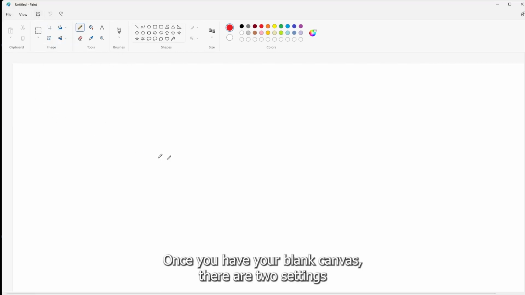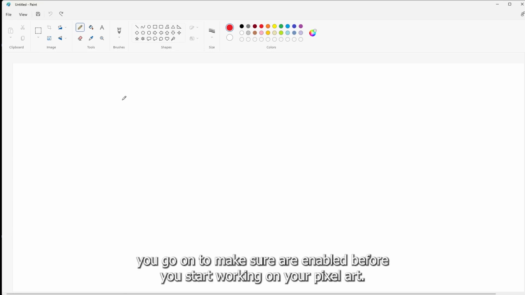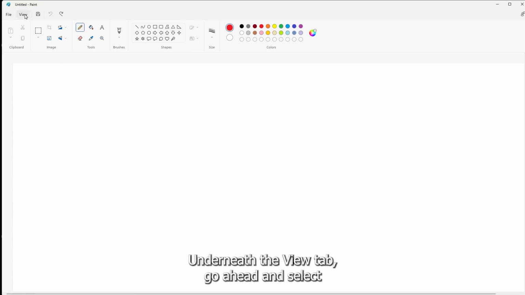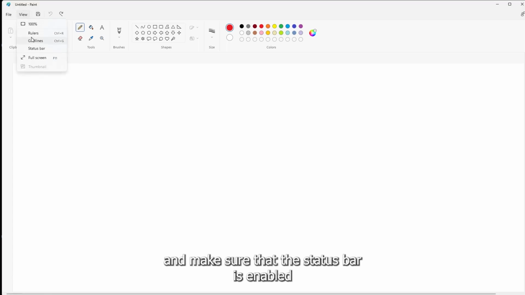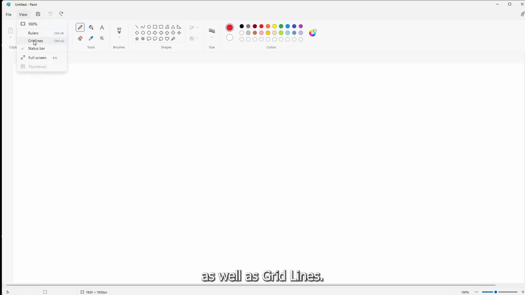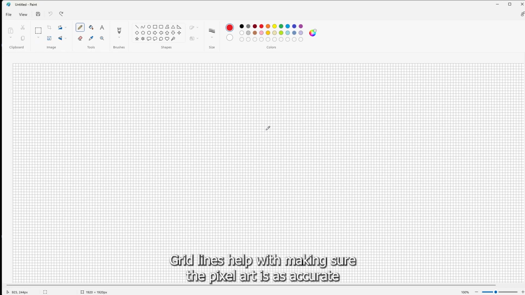Once you have your blank canvas, there are two settings that you're going to want to make sure are enabled before you start working on your pixel art. Underneath the View tab, go ahead and make sure that the status bar is enabled, as well as grid lines. Grid lines help with making sure the pixel art is as accurate as possible, especially when you're going